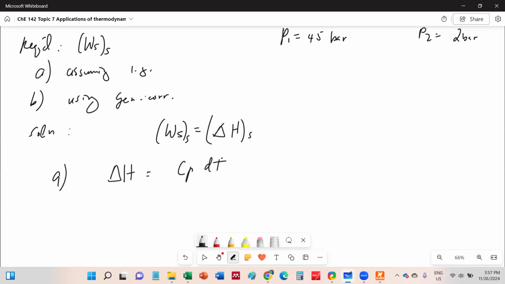CPDT, CPIGDT, okay? From T1 to T2 plus H2R residual minus H1R. But since T2 is unknown, it's better if we use the mean heat capacity this time. Okay, so mean heat capacity H,